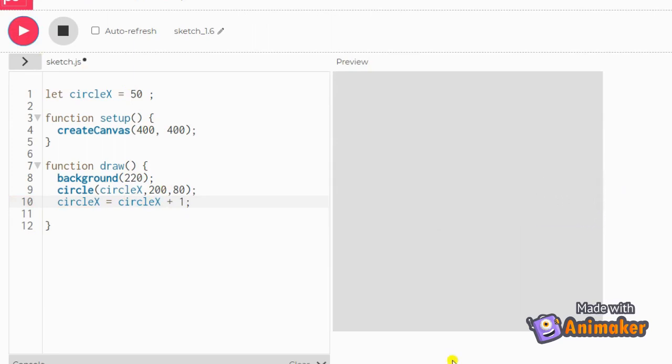Now let's pay a little attention to the sequence of actions happening over here. Whatever is on the right side of the assignment operator is taken care of first. So in the first step, the current value stored inside circle x is fetched, and then in the second step, the operation is performed on it. Over here, we are adding 1 to the currently stored value inside circle x, and then the final result is loaded once again in the same variable circle x. With time, you will get a hang of it. It becomes much more clear with practice. So try this with different values and variables.